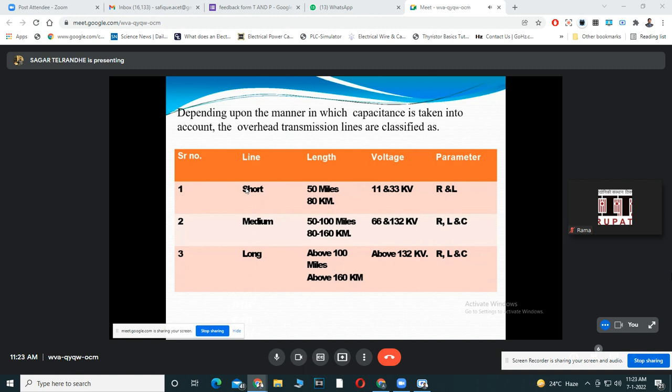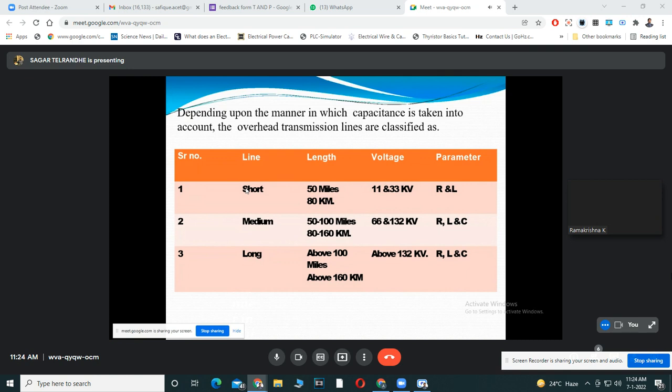The long transmission line can sustain a voltage from above 132 kilovolt up to 765 kV. Till now in India, to the long transmission line, we have supplied a voltage of 132 kV to 765 kV only, practically. Also, it is stated that we can transfer power on the long transmission line up to 11,000 kV.